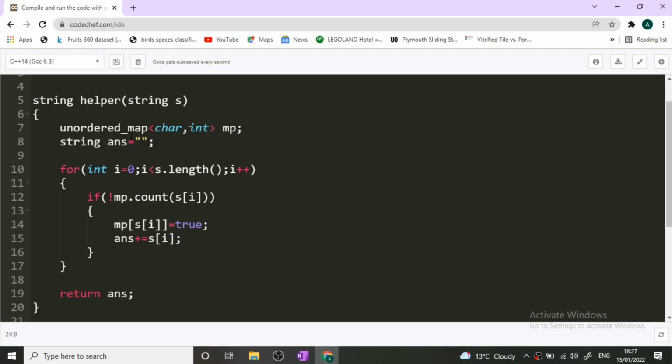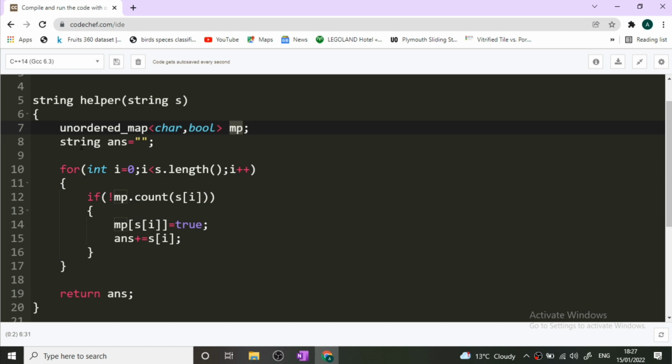Okay, so guys, for saving time, I have already written the function. I will be explaining this function step by step. You will have to implement only the function. So here in input, you will be given the input string and you have to return the desired answer. We have seen that we have to return the string by removing the duplicate characters. So what we'll do, we will first declare a hash map, that is an unordered map, where the key will be char, that is character type, and the value will be of bool type.